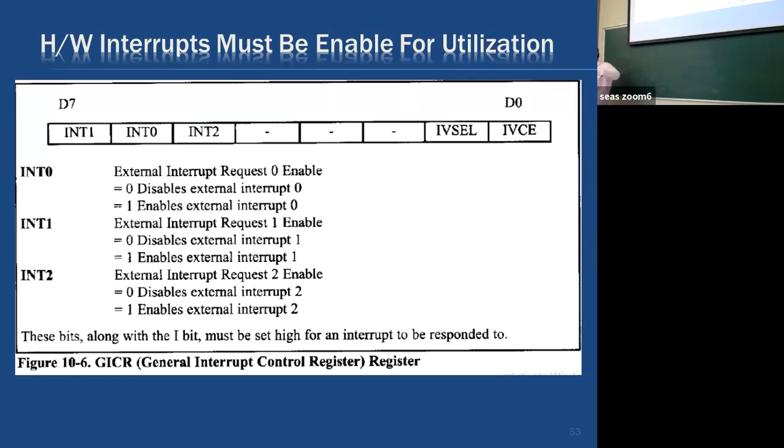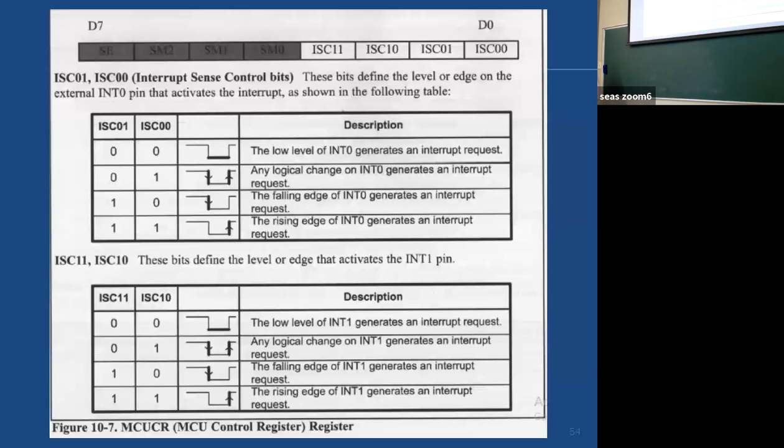So again, let us fast forward. This is one register that will be used for programming: GICR register, corresponding bit. And there is another register we call MCU control register. That will define how we want to activate. And there are 4 bits here, right?